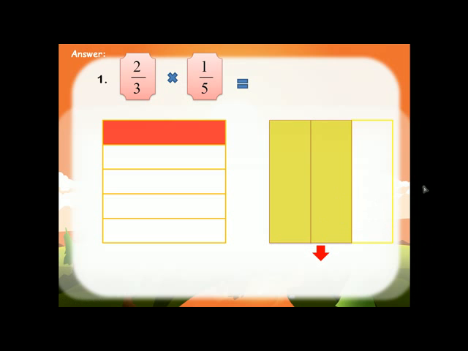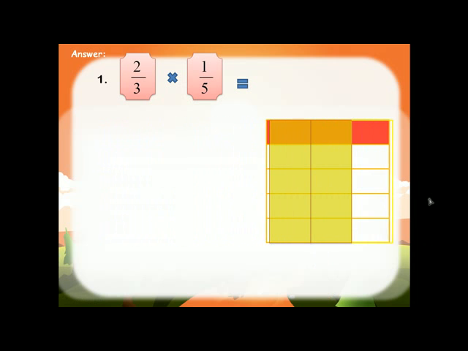The second picture means 2/3, and then we stack it,